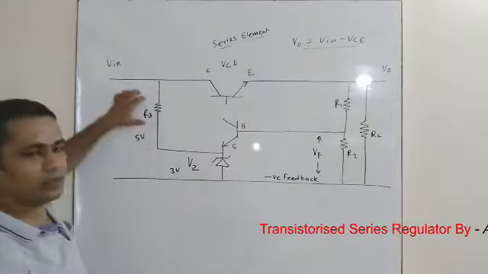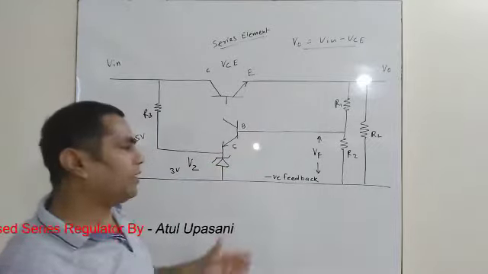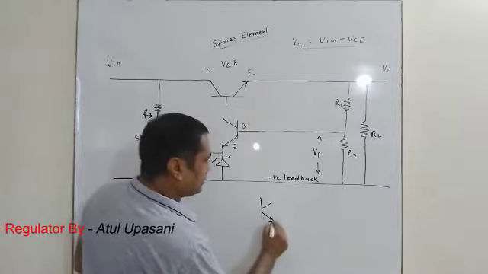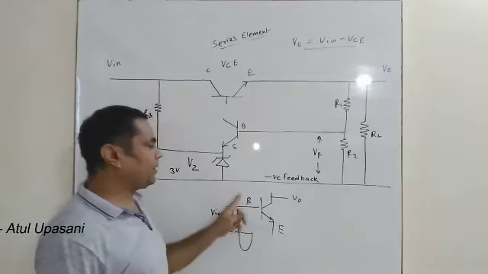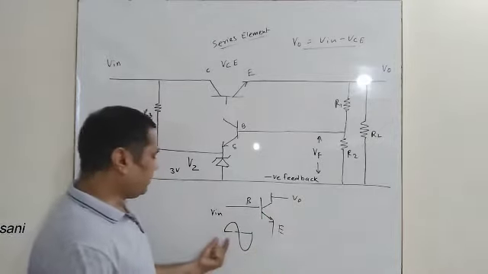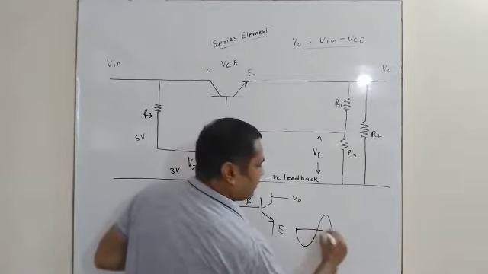So in this way, this error amplifier is achieved. This amplifier is connected in the feedback path. Here the transistor used is in common emitter mode. That means the common emitter amplifier. In 11th you might have studied that a common emitter amplifier is constructed like this, in which the input is applied between base and emitter and the output is taken across the collector and emitter. Here if the input wave is like this, the output wave will be like this.